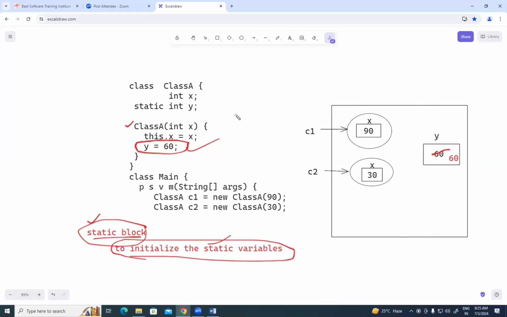Which variable will get memory first? Static variable. Static variable will first get the memory. Later, the instance variable also will get the memory whenever the object is created. Suppose the object is not created,